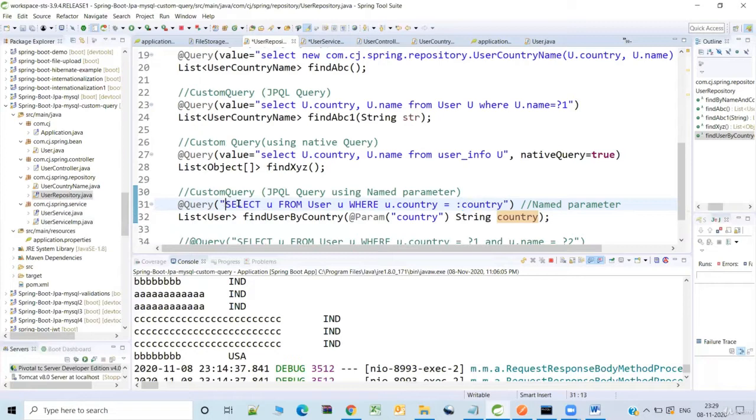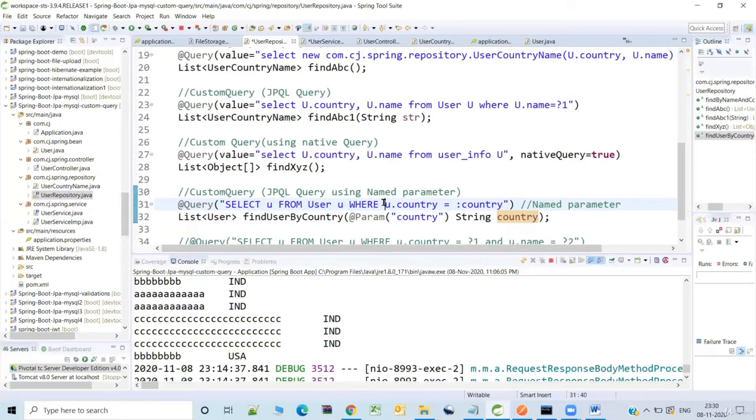Now let's revisit this JPQL query. Select u. u is basically an alias for the object of User. Basically here we'll be referring to the objects, not the underlying rows or records in the DB table. So this is not the table name. This is the entity class name. Here you can give any alias name for the user, which you need to specify here, because you are trying to get the complete object.